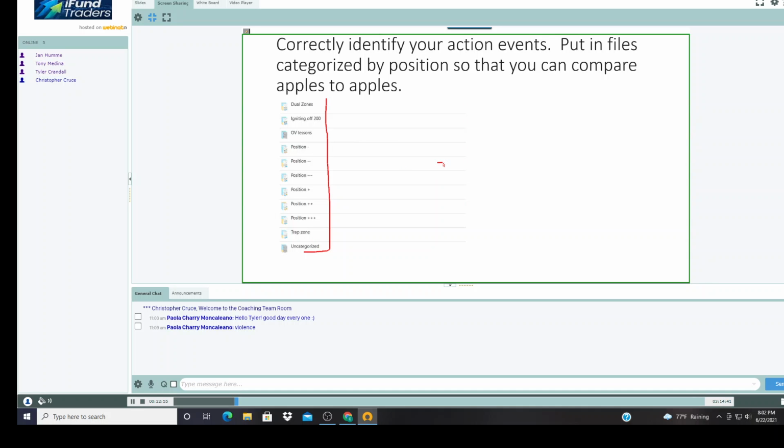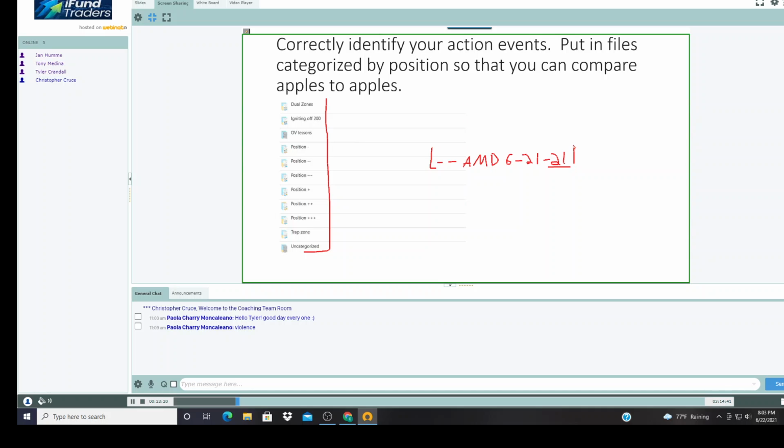Put the position first, so double minus, then put the name of the stock, right? And then put the date, right? Do something like that, right? So you can know what date, you can know what stock, but you can know what position that you've taken